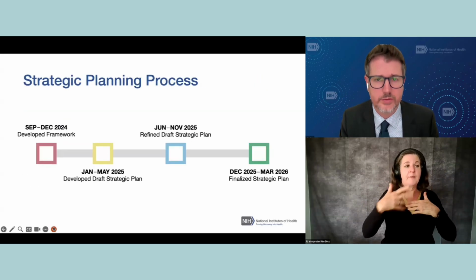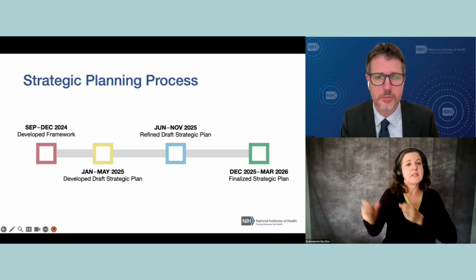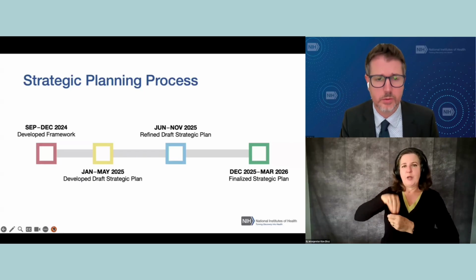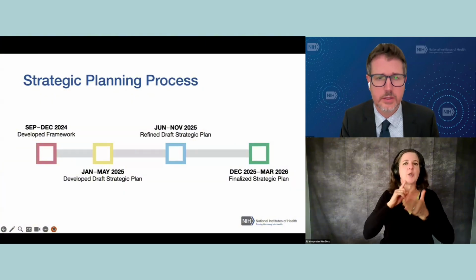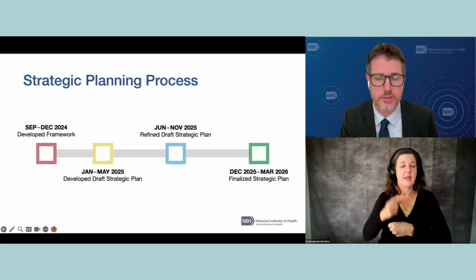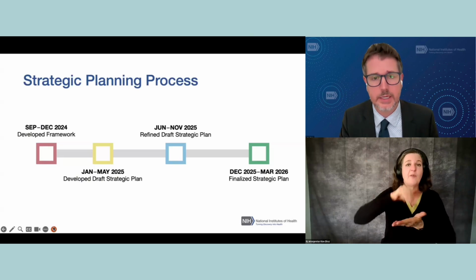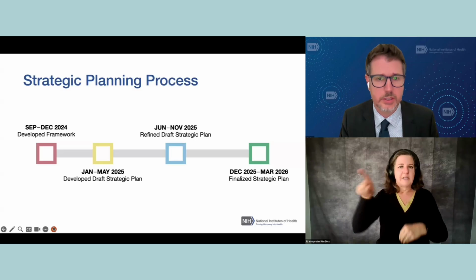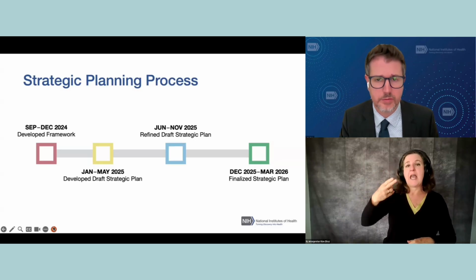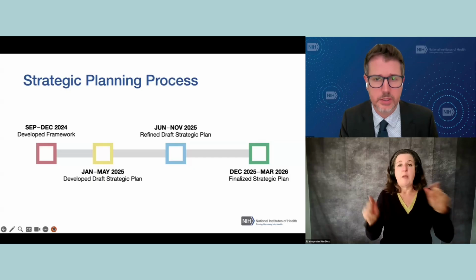The DHRP led the development process for the strategic plan in partnership with an internal NIH Disability Health Research Coordinating Committee, or DHRCC for short. The DHRCC representation is broad, including over 60 members representing 24 institutes and centers and 18 offices and programs at NIH. The DHRP and DHRCC prioritize input and feedback from individuals and organizations with experience and expertise in disability throughout